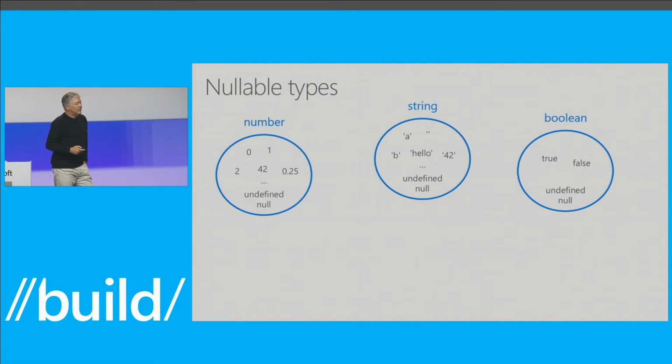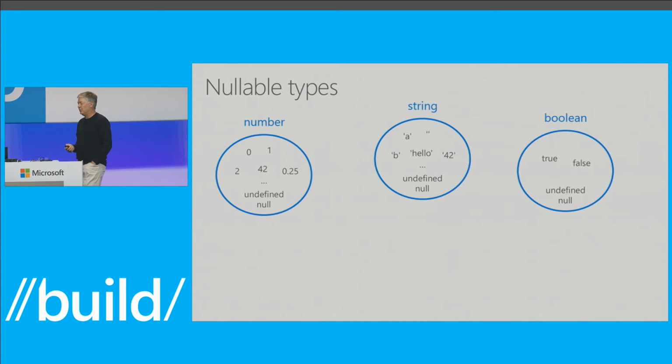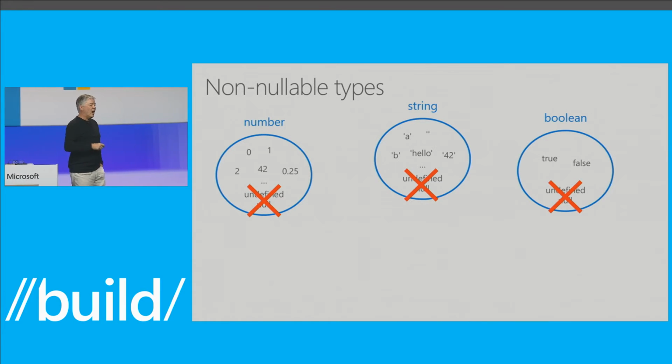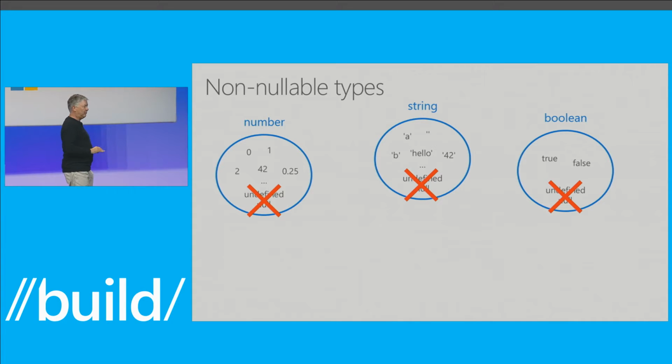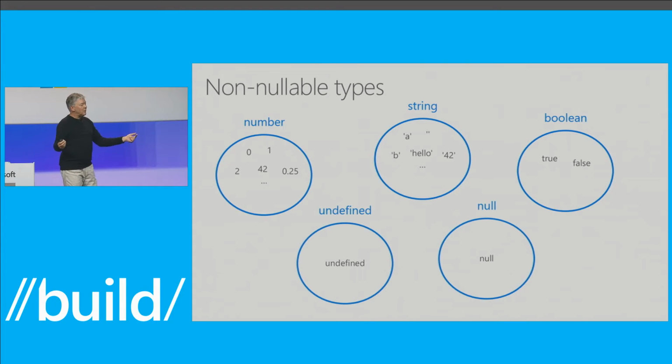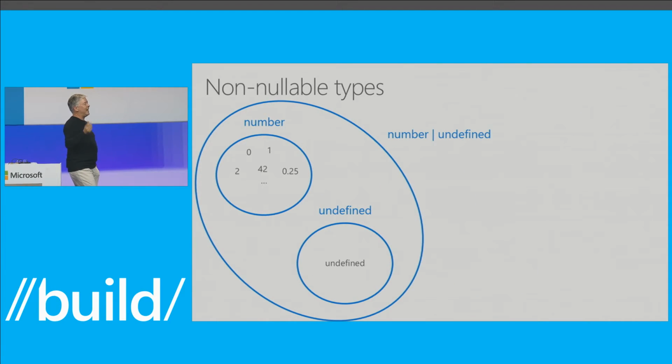Now, in TypeScript 2.0, we're introducing a new feature called strict null checks, or a new compiler switch called strict null checks. And in strict null checks, undefined and null are no longer part of all of the types. Meaning that a number is a number, a string is a string, a Boolean is only true or false. It can't be null or undefined. What we're doing is extracting them out to be two distinct types. There's a new type called undefined, whose only possible value is undefined, and a new type called null, whose only possible value is null. And then we allow you to use union types to put them together.